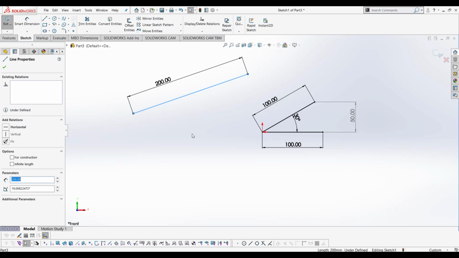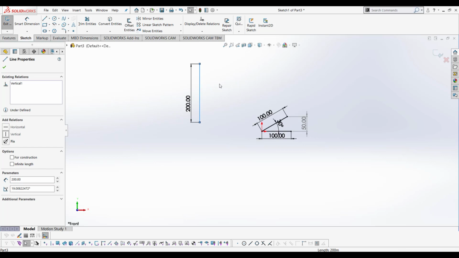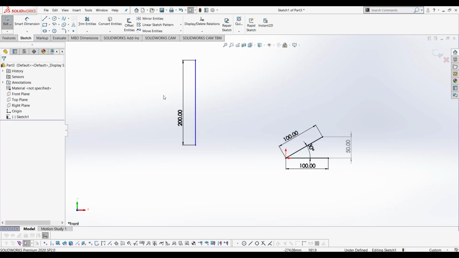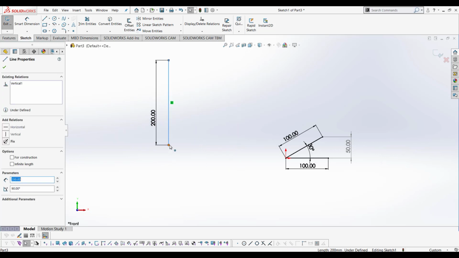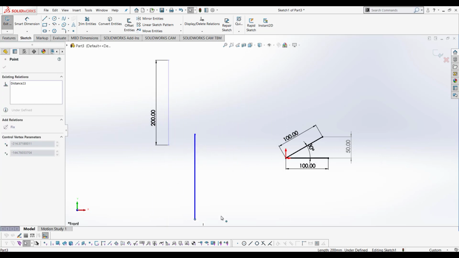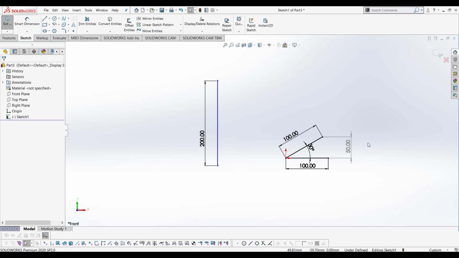And we are even able to give this line a horizontal, or let's say a vertical relation. Note that the line is still completely blue. The end point won't move and the start point won't move, but they will move in total relation to the sketching environment. The reason for this is that the line does not have any relation to the 0, 0